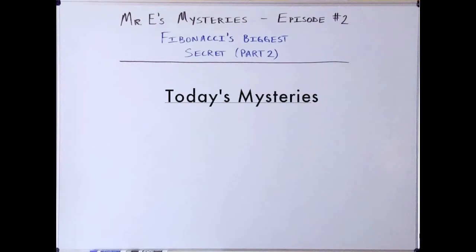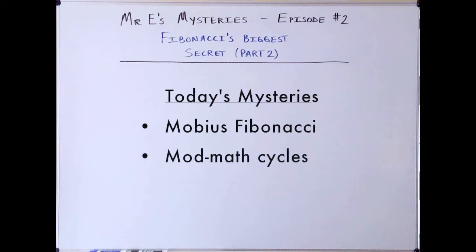First, we will pick up where we left off in Episode 1, viewing the Mobius Fibonacci sequence through specific lenses in number theory. These mod math lenses reduce the Fibonacci sequence to a Mobius cycle. Once we have a common understanding of mod math, we will view the Fibonacci sequence through a pentatonic lens and discover how I compose the fifth chamber, the beautiful and meditative track playing in the background now.